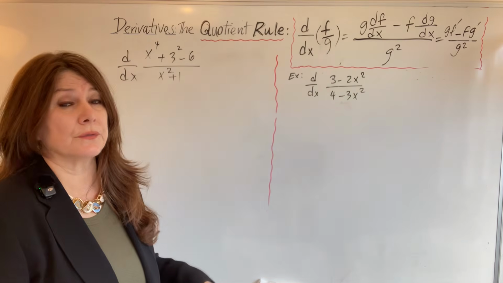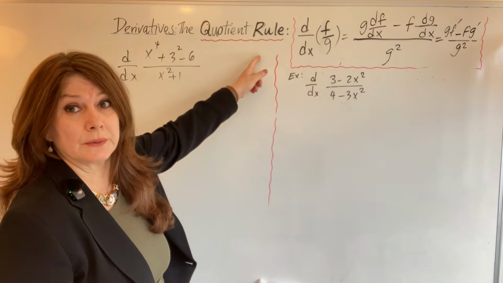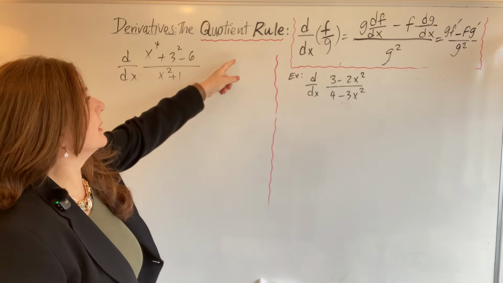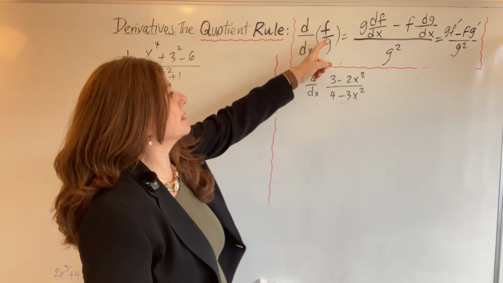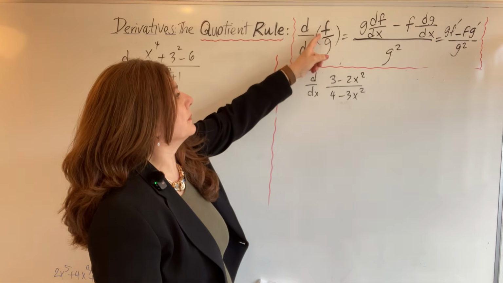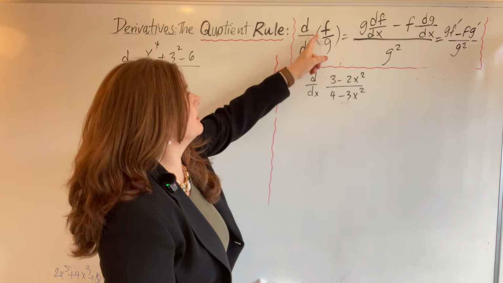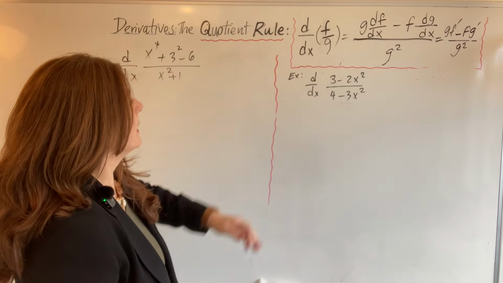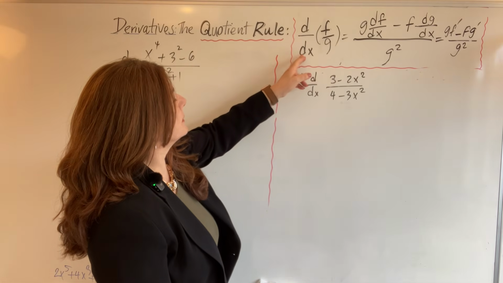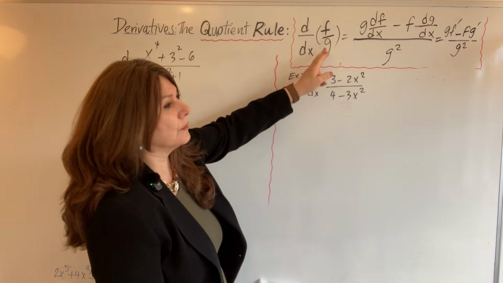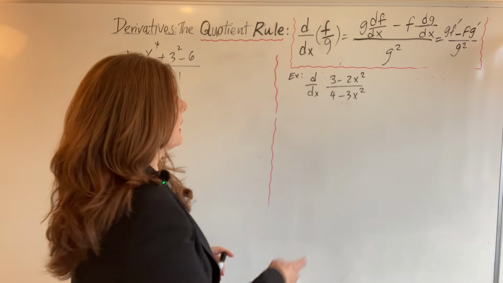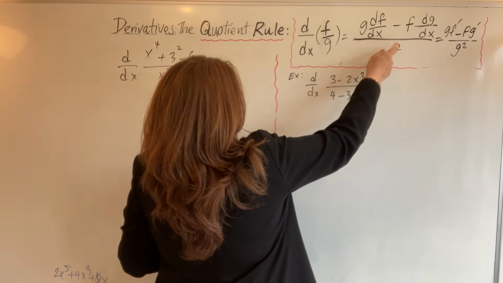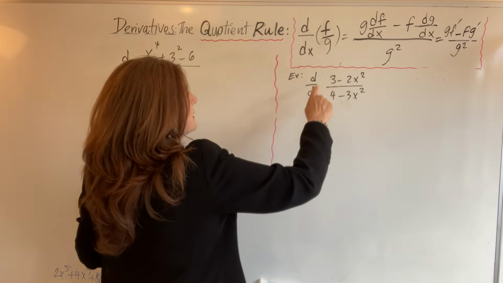Today I'm going to focus on the quotient rule. The quotient rule is when we have two functions and we have a quotient of them, the ratio, the division of two functions, and we want to take the derivative of this quotient. What happens? The mathematical language of this is